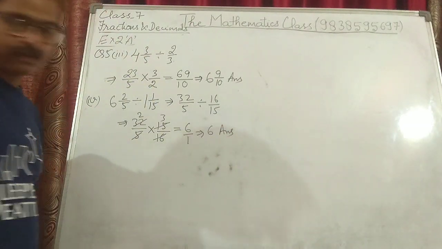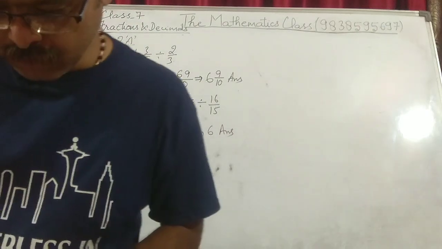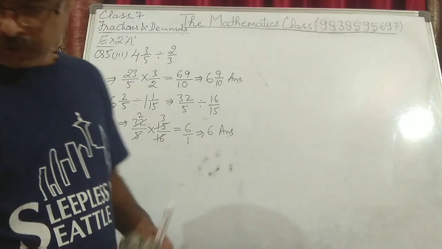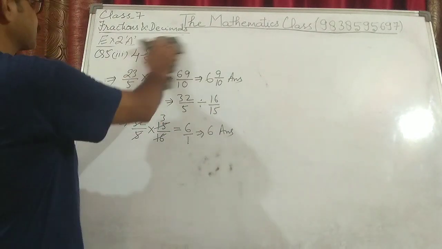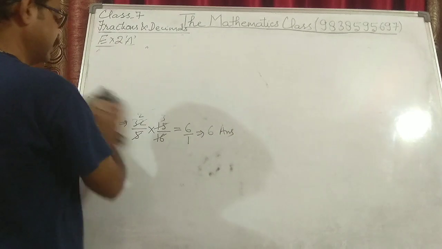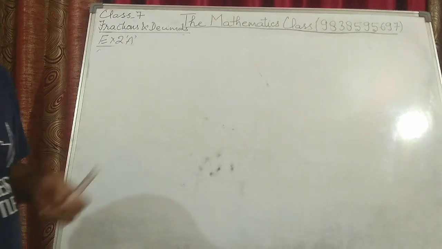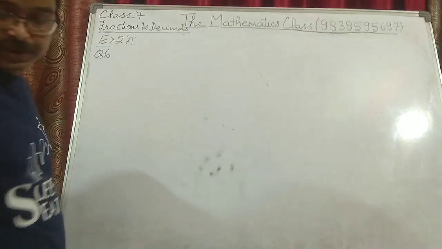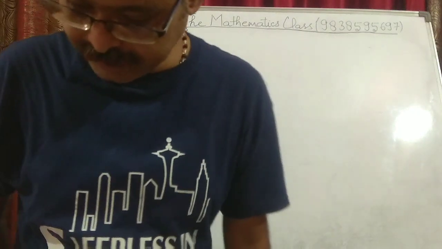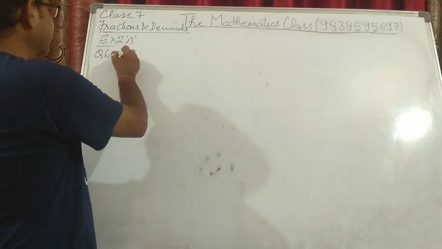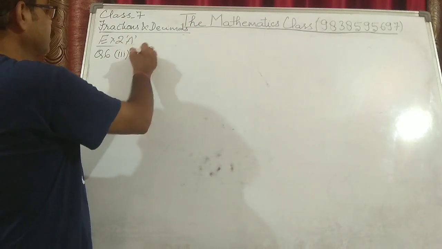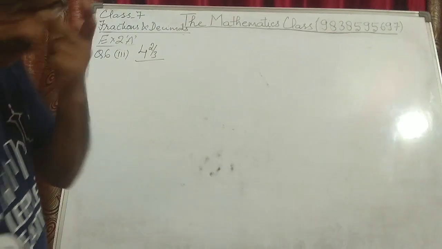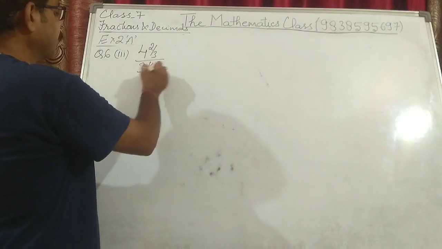the final value. Now we move on to question number 6. Convert the following fraction into simplest form. Means it is in a few of the questions. Question number 6. Let's see which part we will do. Third and fourth. Okay, third part is 4 whole 2 upon 3 upon 3 whole 1 upon 9.